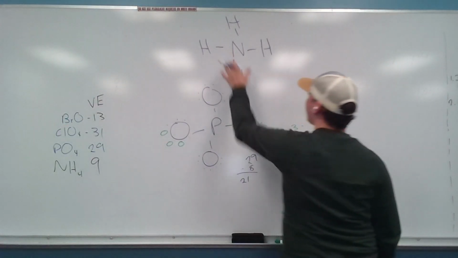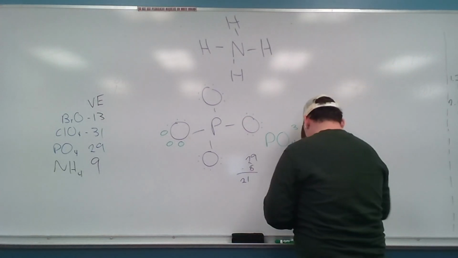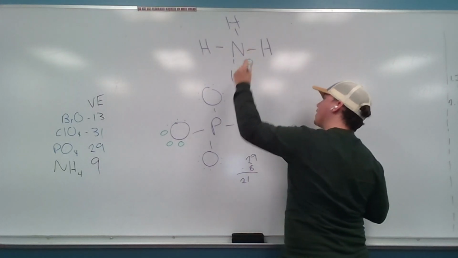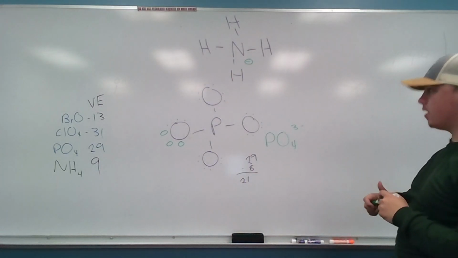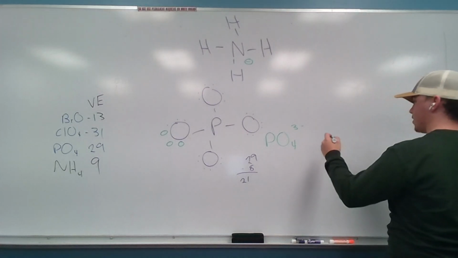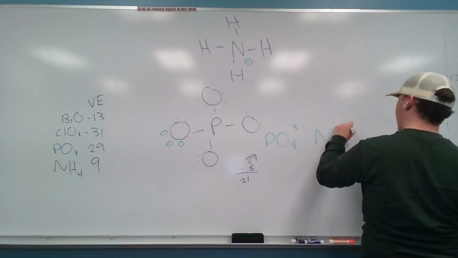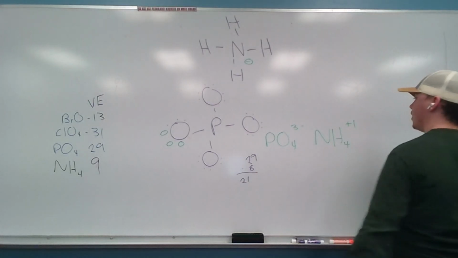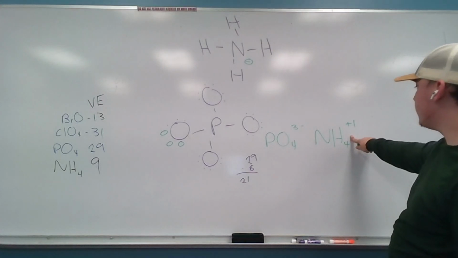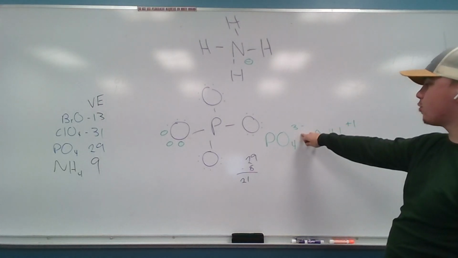And we've already used 4 right here, and hydrogen can only hold 2, which means we have an extra electron just floating around, which gives NH4 the charge of +1. So looking at this, if ammonium has 1 electron to give, and PO4 needs 3 electrons,